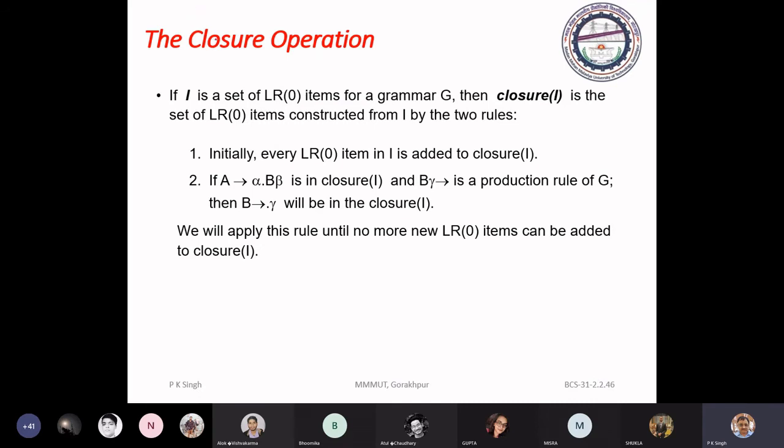Closure operation means, suppose you have a production item A to alpha dot B beta in an item set I, and in your grammar you have a B to gamma production.